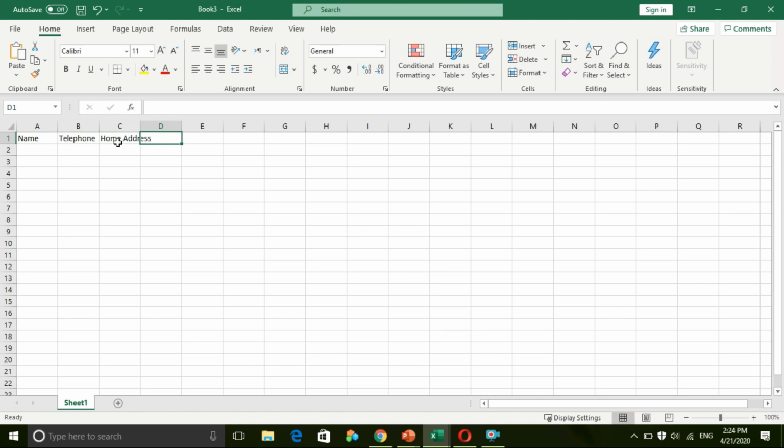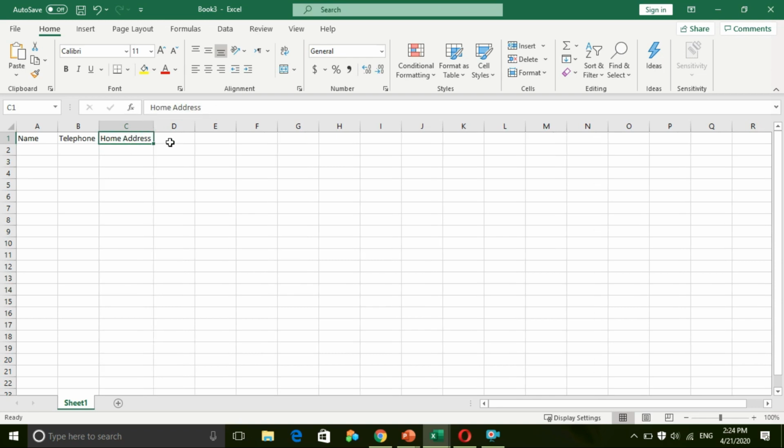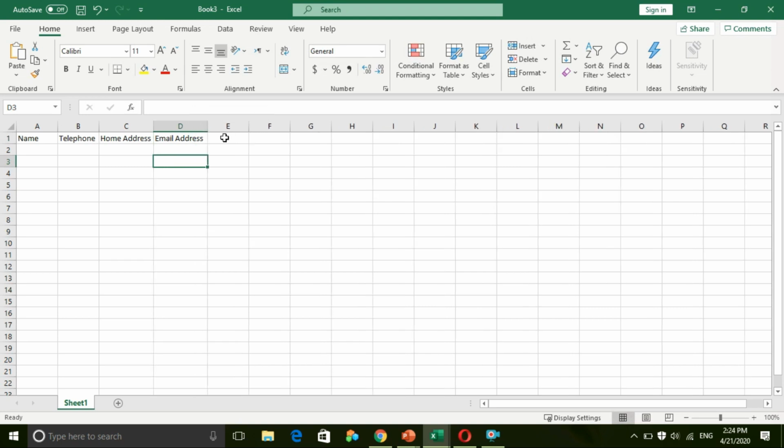So here you can see the column doesn't have that width, so we are going to increase the width of this column. I hope you have studied this in the previous chapter when we studied Microsoft Excel. So next one is email address. Here we are facing the same problem, so increasing the width. Okay. And the next one is birthday. And the next one is hobby. So I have included everything here.